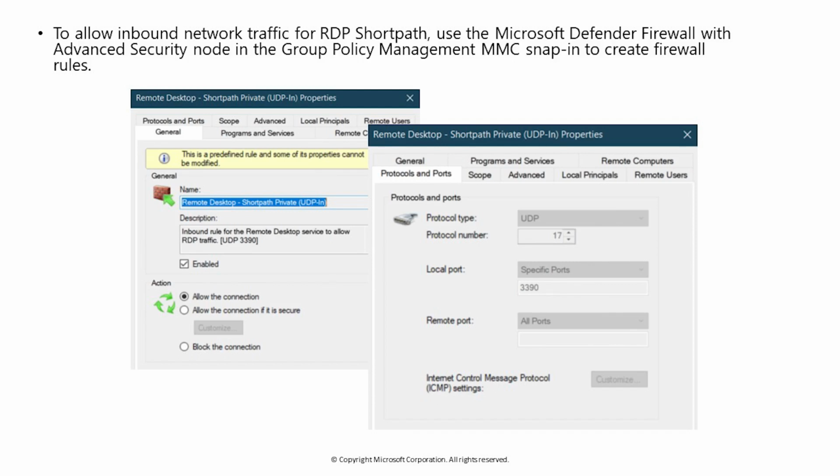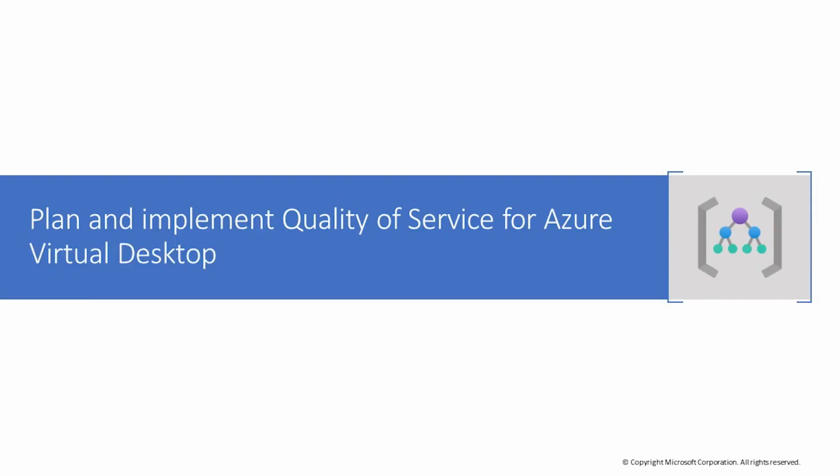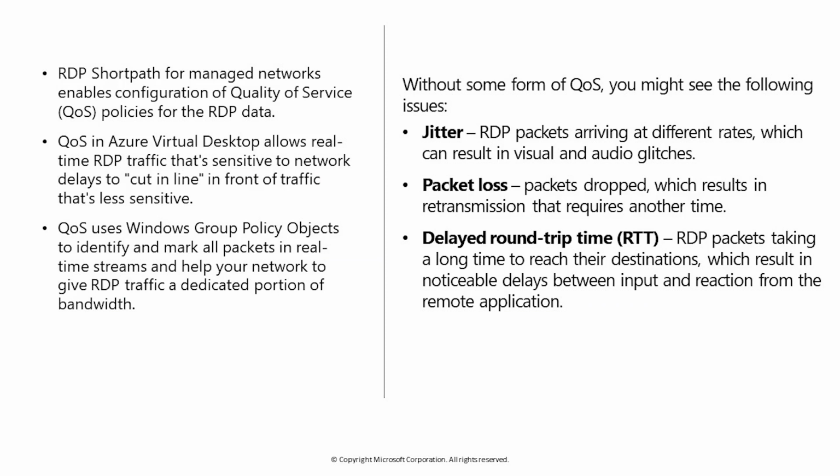So the firewall should allow the particular port. It's not only about enabling the RDP, it's also about allowing the port. And by any chance, if you're using any of those particular firewalls, this port has to be allowed as well. And this was the one context which I wanted to explain to you with the quality